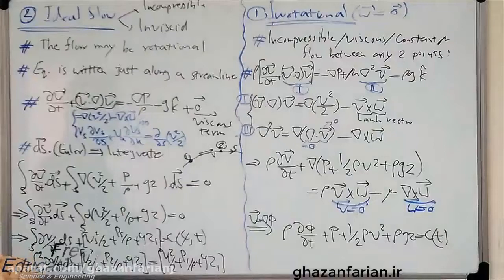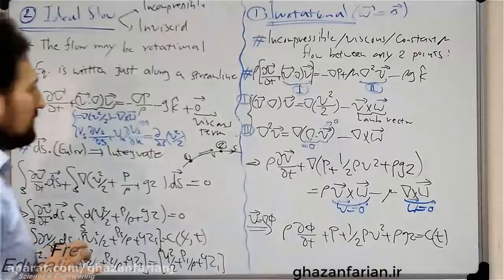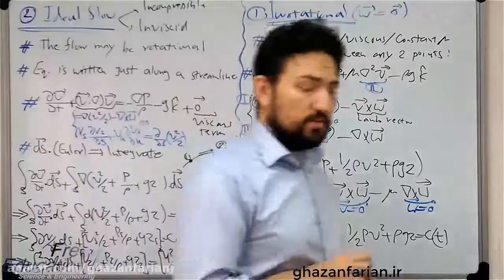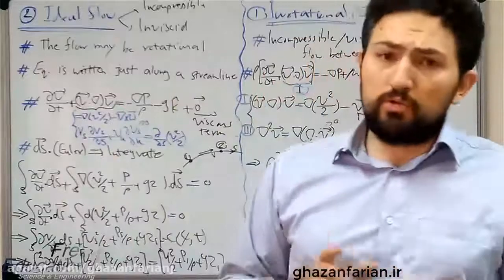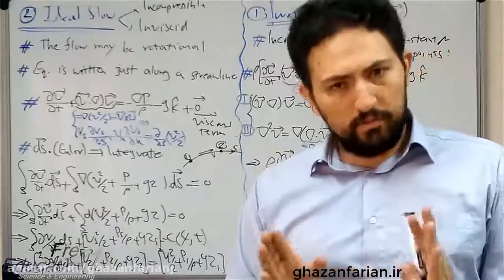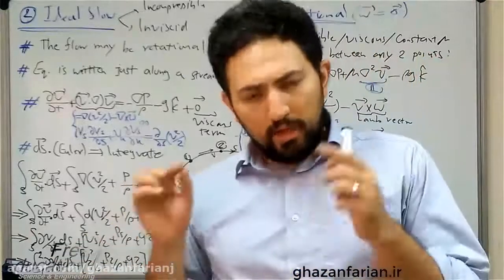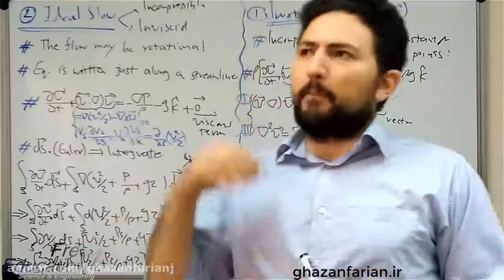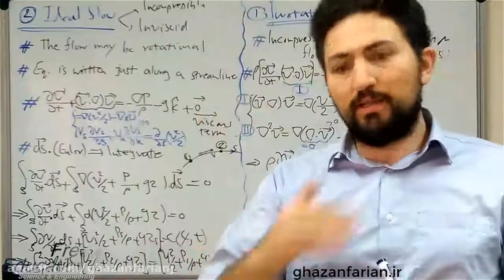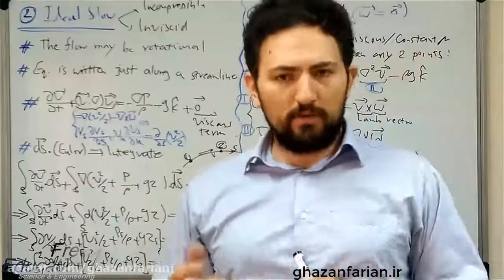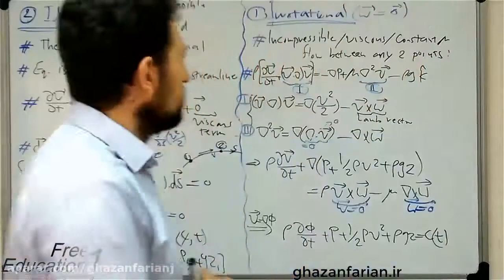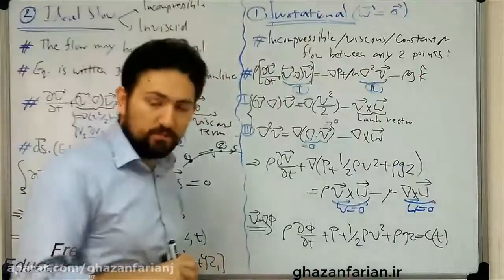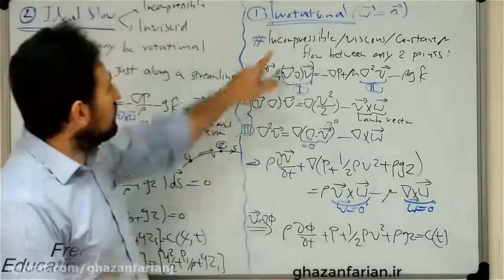Bernoulli's equation has many different assumptions, and the procedure of derivation of this important equation is very important. If you want to use this equation correctly in the right situations, you have to be aware of the assumptions behind it and the procedure of derivation of its different forms. Okay, let's start from the first version of Bernoulli's equation, which can be used for